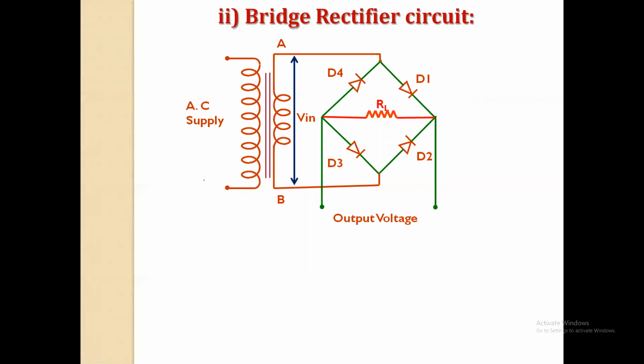Now let's consider the positive half cycle. For the positive half cycle, we know that point A acts as a positive terminal and point B acts as a negative terminal for every positive half cycle. So when point A acts as a positive terminal, this point is positive. आता चेक करा की हा पॉझिटिव्ह पॉइंट कशा कशाला कनेक्ट केलाय. हा पॉझिटिव्ह टर्मिनल डायोड D1 च्या P रिजनला कनेक्ट केलाय आणि डायोड D4 च्या N रिजनला कनेक्ट केलाय. सो मे आय से हियर द डायोड D4 acts in a reverse bias, आणि तो मी त्याच्या अराउंड सर्कल करतो बघा. That is nothing but it acts in a reverse bias.